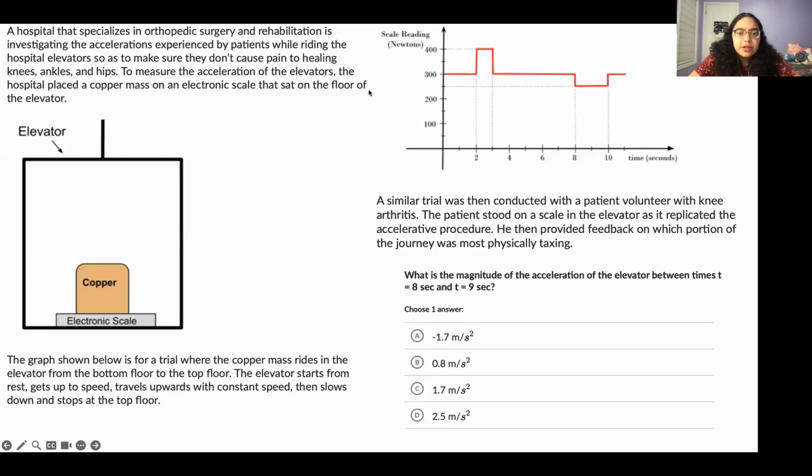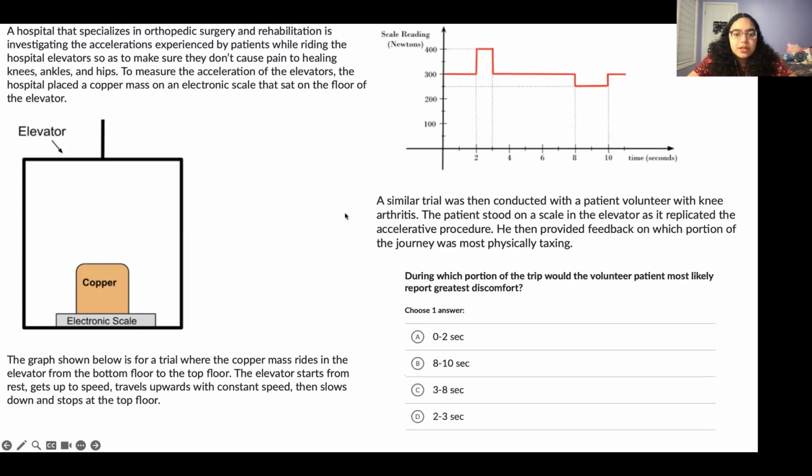In a similar manner, for this question, it's positive 1.7, because they asked for the magnitude. So as much as it's in a different direction, if anything says magnitude, you won't be giving a negative answer. So it'll just be 1.7, and you can see from 8 to 9, or I guess 8 to 10 really seconds there, you have that gap of 50 newtons, and then divide that by the 30 kilograms. So that would be the answer for that one.